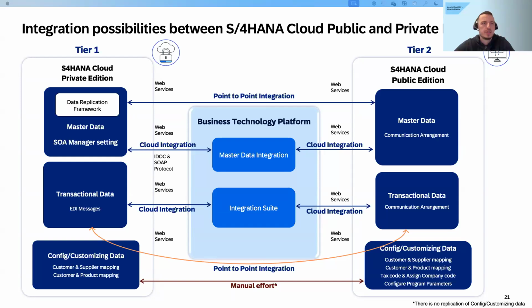Okay, hope that this was answered. With regard to the two-tier approach, what are the challenges that are typically seen during the transformation? Yes. So one of the main challenges is integration, like one of the person asked before. We need to have a clear understanding of which processes are going to be supported across the two tiers.